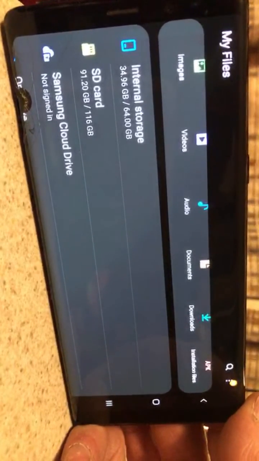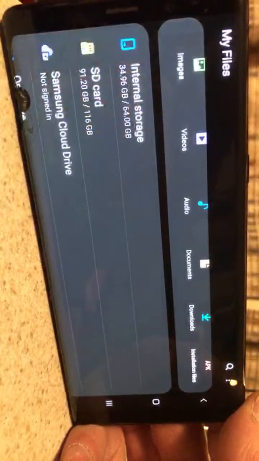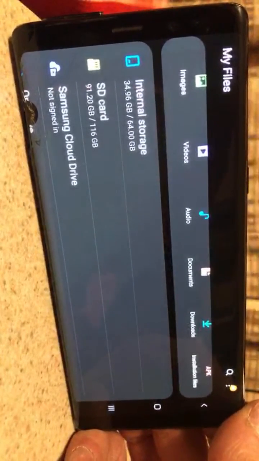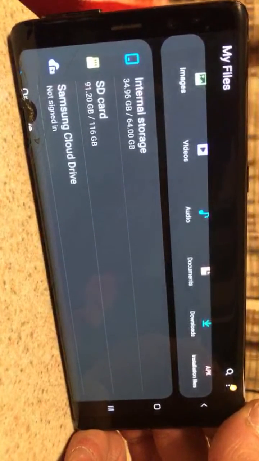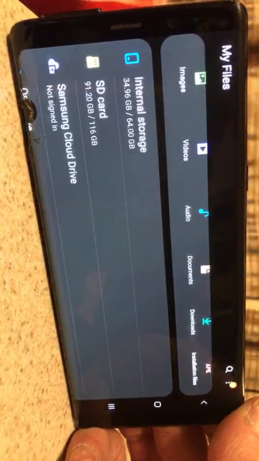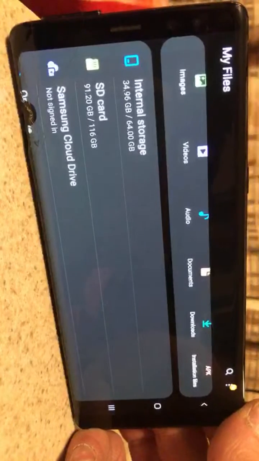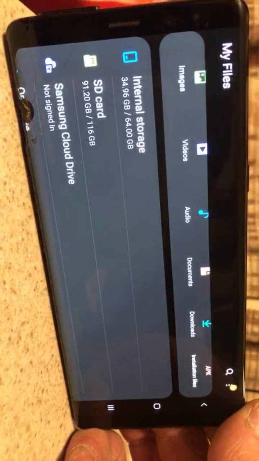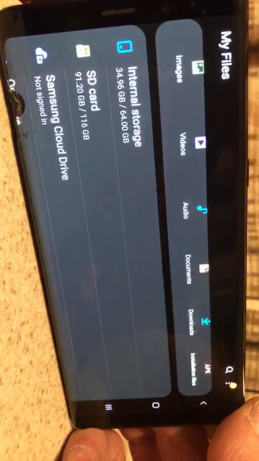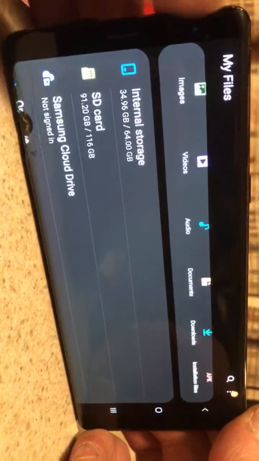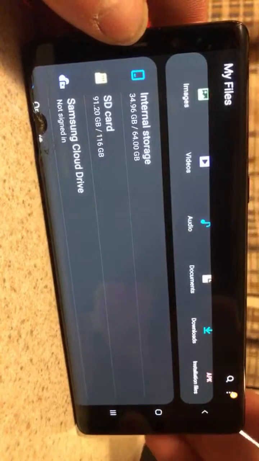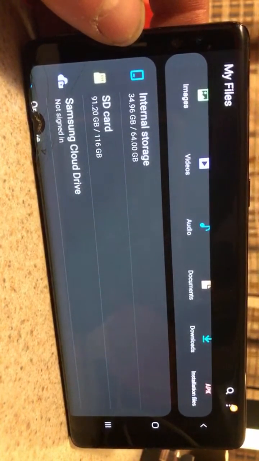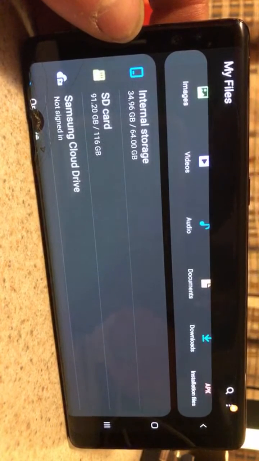And if it gets to a certain point that's close enough to that 64, then it'll start to disable certain functions. If it gets really close, and that's why I quit using the A20, because he left it like that so much. He would always put it at 32 or 31.98 or something like that of 32. And you do that, and I can't even get a text message. Right? So they would do it to manipulate my system and make certain things disabled, keep me from getting apps, keep me from doing videos. And that's why I always am on live now, because they're always doing stuff like that.